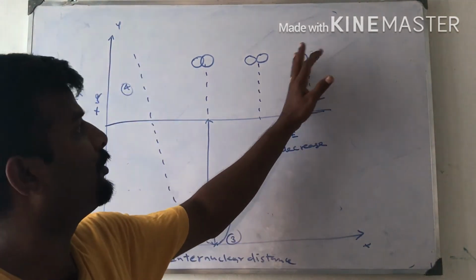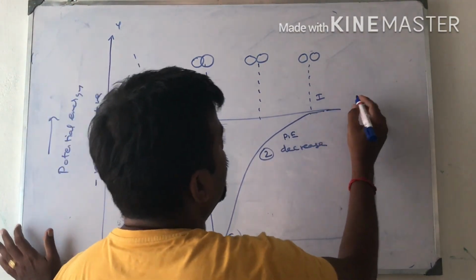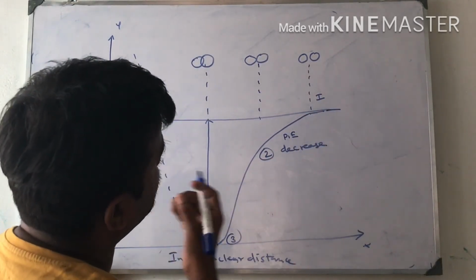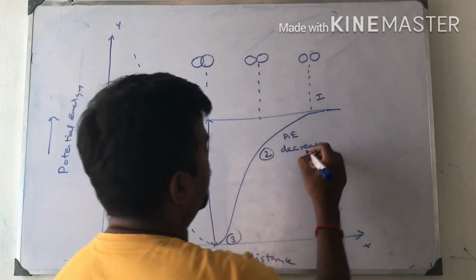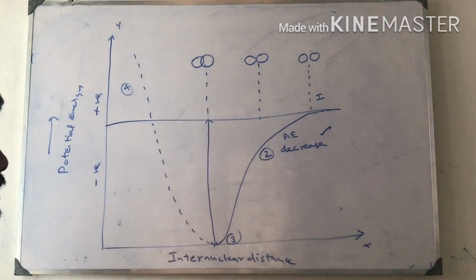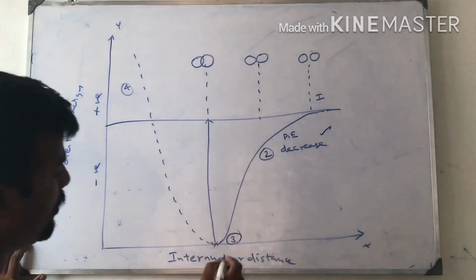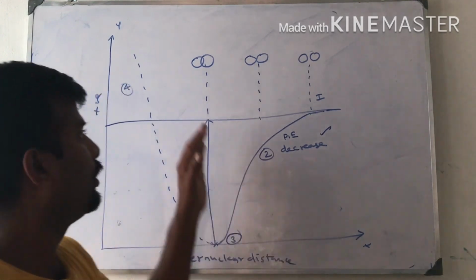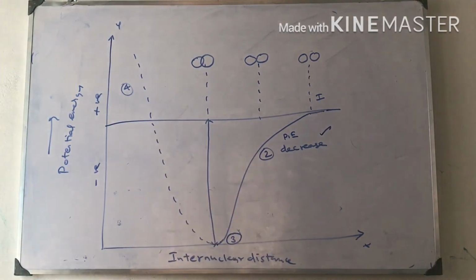Initially, the atoms are far away from each other. The potential energy at that stage is equal to 0. There is no attraction or repulsion between them. In the second condition, the atoms come close to each other. The attractive and repulsive forces start, and at that time potential energy decreases. Third condition, the molecule is highly stable. Minimum energy, maximum stability. Potential energy is minimum and the stability of the molecule is maximum. The extent of overlapping between the two hydrogen atoms is high. The bond is stable. That is why in the third condition, minimum energy, maximum stability.